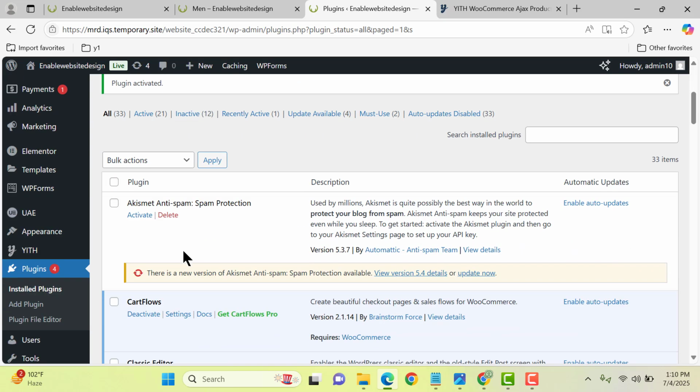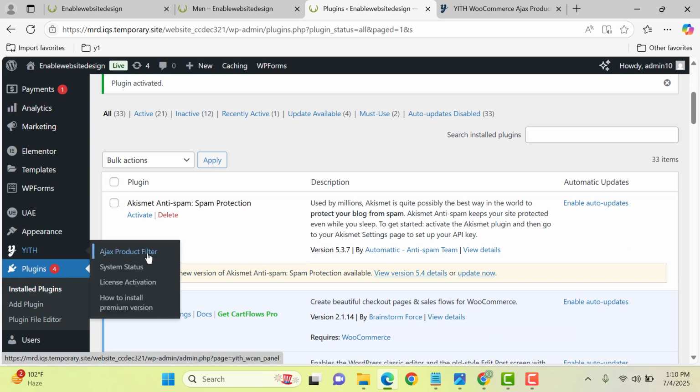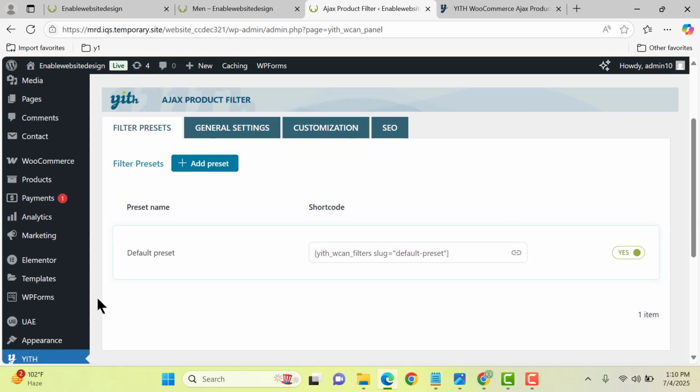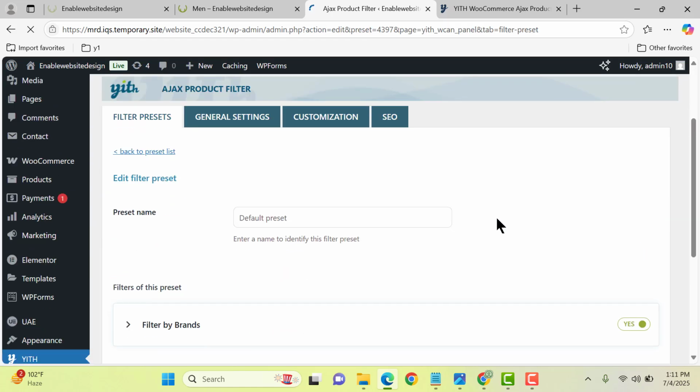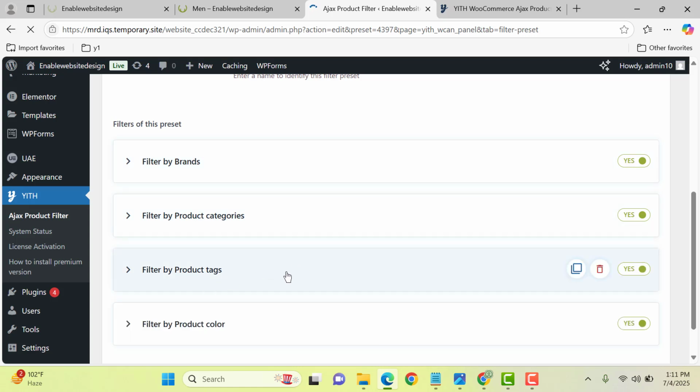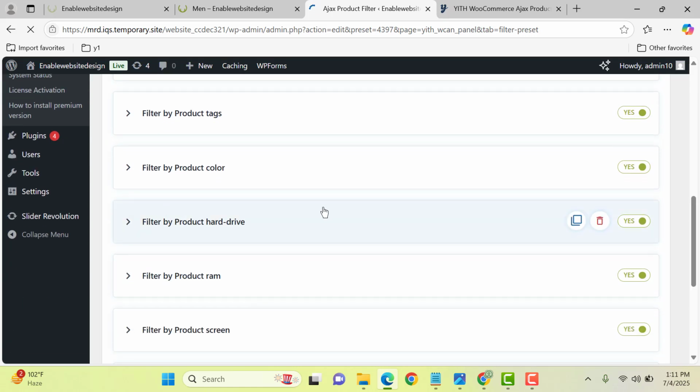And now let's scroll down. Here you can see under the YITH, click on Ajax product filter. Scroll down. So this one is the default preset. You can easily add anywhere using this shortcode. You can also edit this default preset. So now scroll down, filter by brands, by categories, by tags. So also by color,